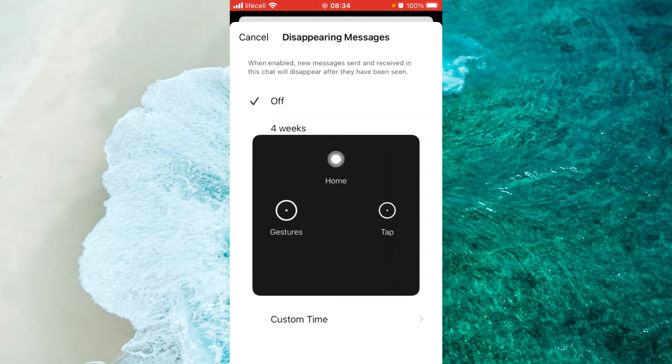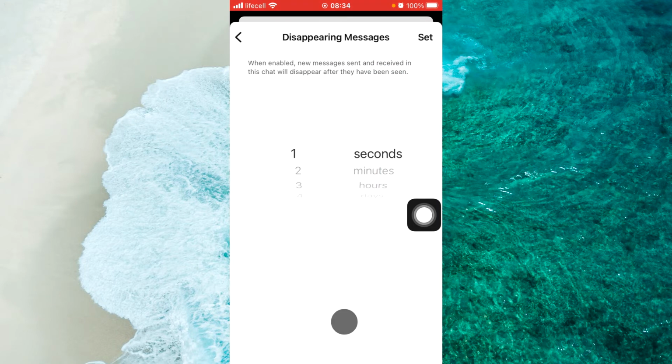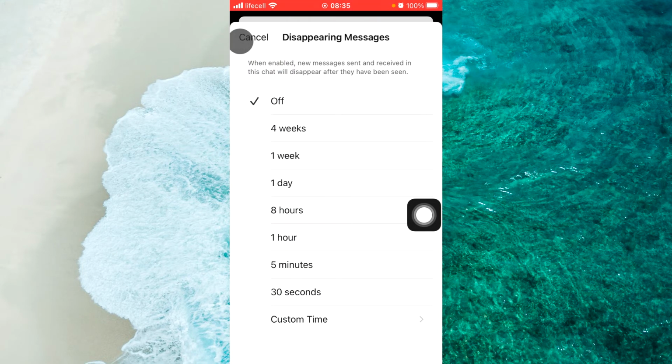So basically you select the time after which you want the messages to disappear and just tap on one of these. By the way, you can tap on Customize time, and here you can select any time that you want to set for this conversation. When you select it, just tap on Set at the top right corner. Or if you select from this list, you just tap on any of the times and